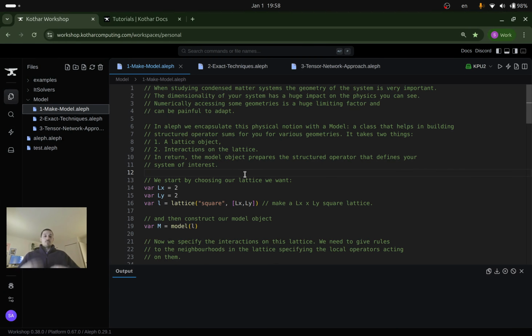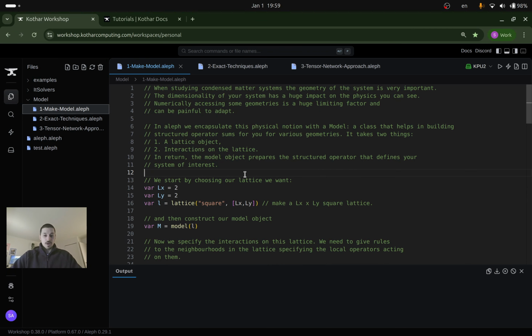So when would this occur? Primarily, like I said at the beginning, what we really want to do is study many-body physics at a different dimensionality, whether in 1D, 2D, or 3D. And when you have to actually address this, numerically it becomes tedious, because as your dimensionality increases, we have different connections and bonds between different sites and quantum degrees of freedom, and then it becomes very tedious to track everything. So numerically, you may want to scale your algorithm from 1D to 2D, and it becomes kind of annoying to work with. So in Aleph, we kind of bundle this problem and solution together, using